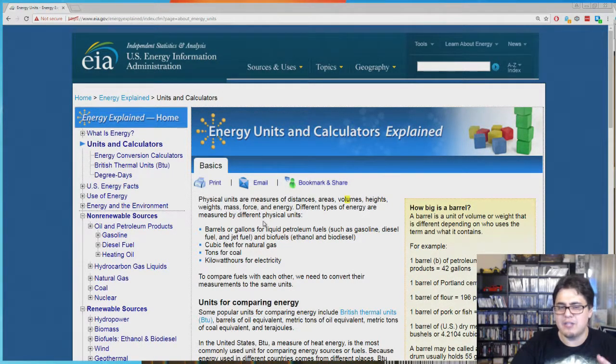So when we talk about actually energy sources, look at oil. How do you measure oil, right? We either measure it by barrels of oil or gallons, right? When you're looking at how the economy is doing, how the stocks are going, you look at barrels of oil. A price of $42 a barrel of oil would tell you something, right? Of course, when you go fill up your car, you're gonna be looking at like $3 per gallon of gasoline, right? So that's pretty common.